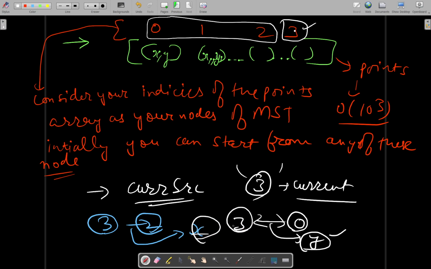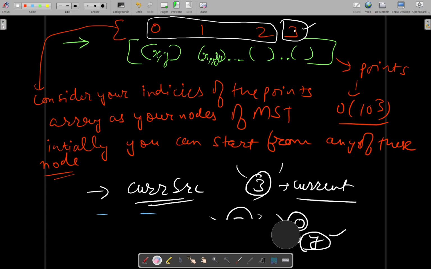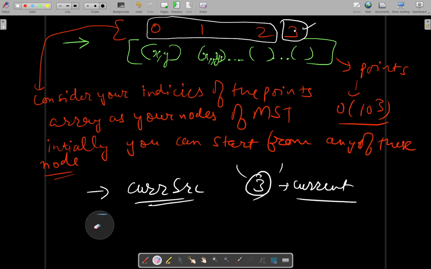The point at the third index and the point at the 0th index, the point at the second index and the point at the third index of the points array. So I hope you are able to understand what the cost is. So you will get the minimum of these remaining nodes. You will get the minimum cost